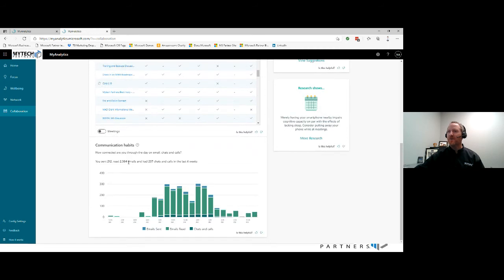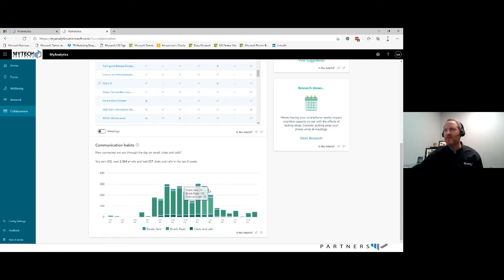And finally, some summaries if I want to be really detailed. It tells me when I send and communicate the most. Again, I wanted to use my data because there's data here versus the demo tenant, but sent 212, read 2,300, and had 237 chats and calls in the last 4 weeks. So this gives me some insight into when I do that, time of day, for instance, emails sent, et cetera. I've found that I am more productive in the morning with some of that focus time, but this might give me some insight into where I might be more productive. If I'm finding that I'm responding less or more in certain times, maybe I need to schedule my focus time in the afternoon because I find that I'm communicating with my team more in the morning.